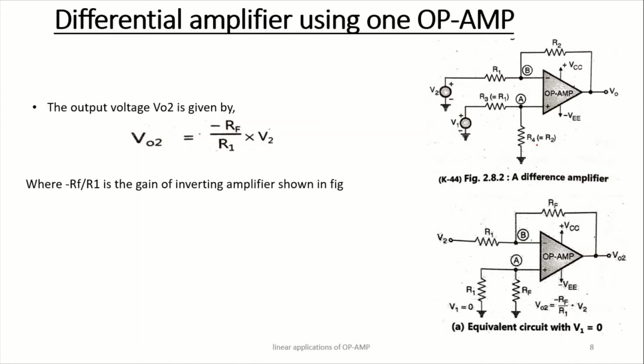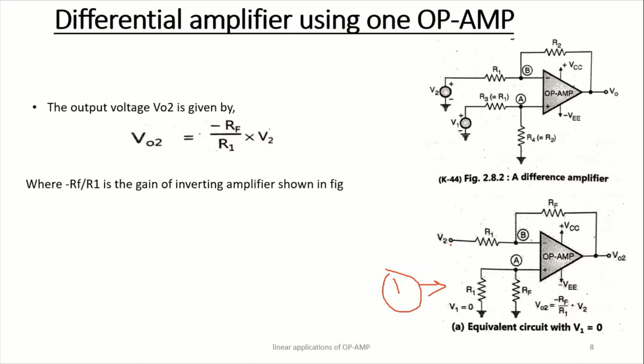Now we have to write the expression for the output voltage. Let us use the superposition theorem to evaluate the expression of the output voltage. Superposition theorem means at one time only one voltage source should be considered and the other voltage source should be at the ground potential. Now this is the first case figure, case number 1.